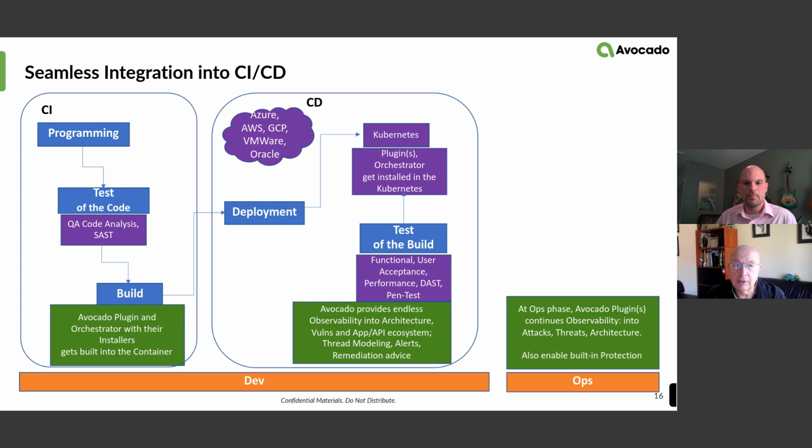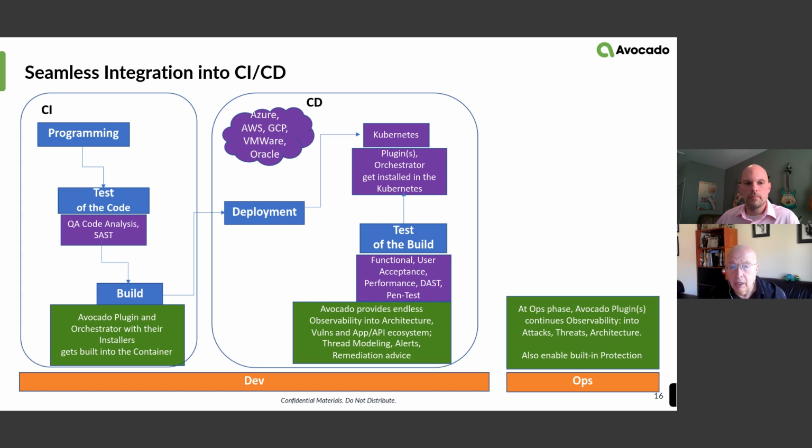For example, here's the CI/CD cycle. In development, you program your application, you create it, you write your code, then you do quality assurance analysis of the code, and then ideally you would do static application security testing. You would test your code, analyze your code before building and deployment. You test for security vulnerabilities. Then you start building your application out of multiple units of the code created by you and some other team members. At that moment, for example, in our case of Avocado, you can